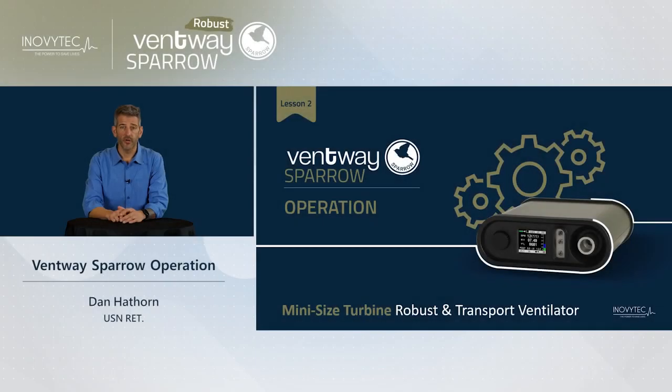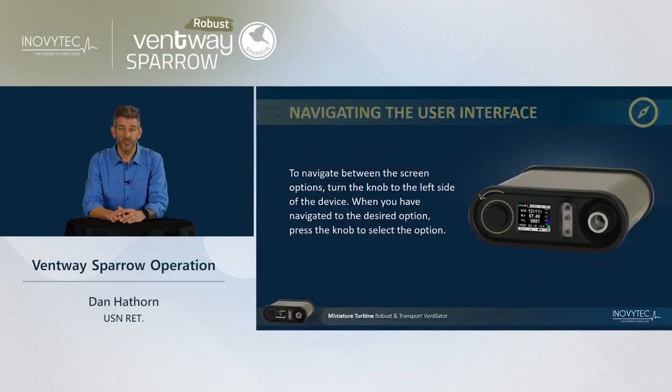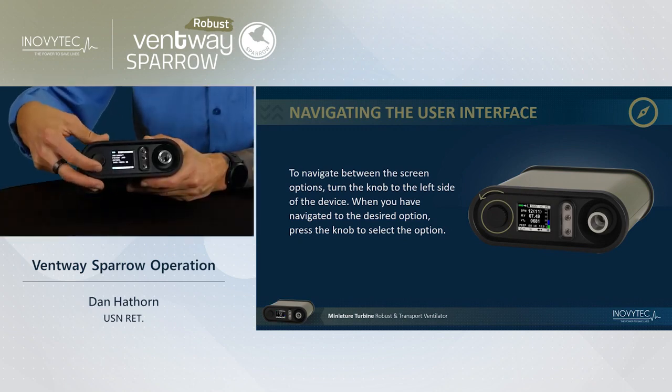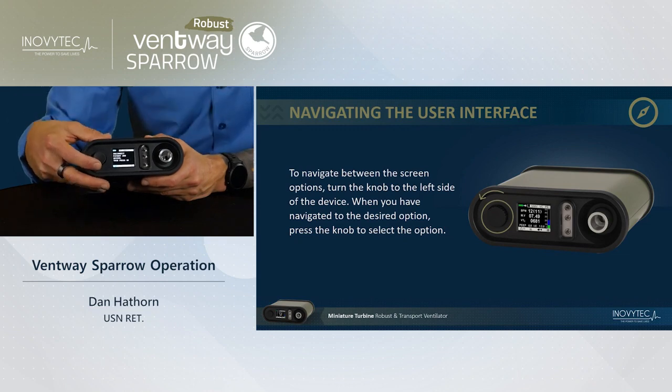Operating the Ventway Sparrow. To navigate between the screen options, turn the knob to the left side of the device. When you have navigated to the desired option, press the knob to select the option. As you navigate between the screens, you'll turn the control knob to the left side of the device,